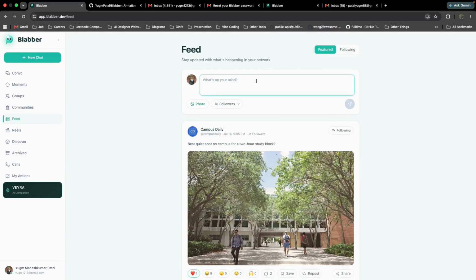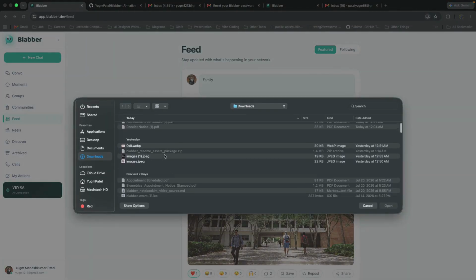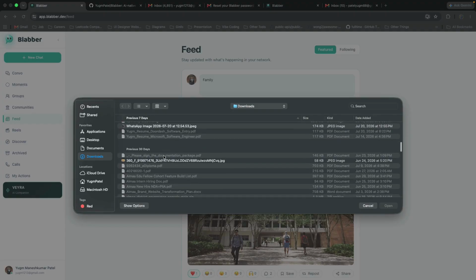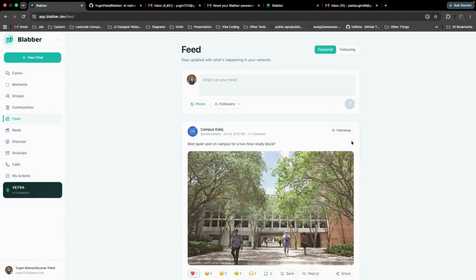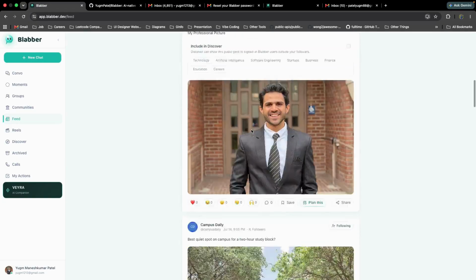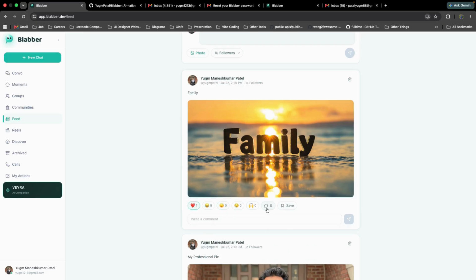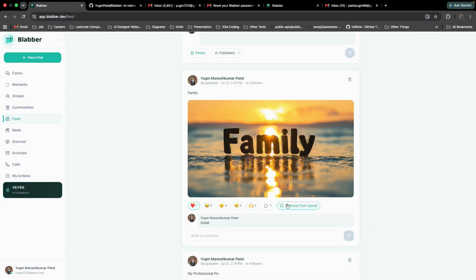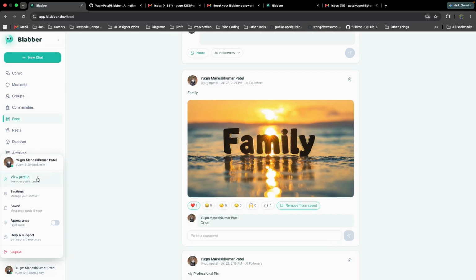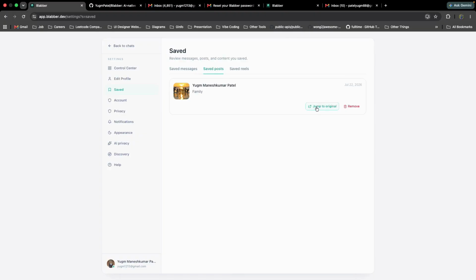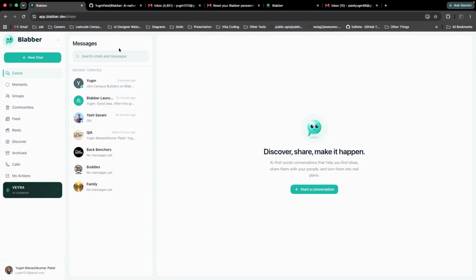If I want to post something about family, I can do that as well. Right, I can do any other reaction. I can comment on this as well. I can save it and it will show me in saved section. Jump to original, I can go to that post as well. So these are the small features, right? And then